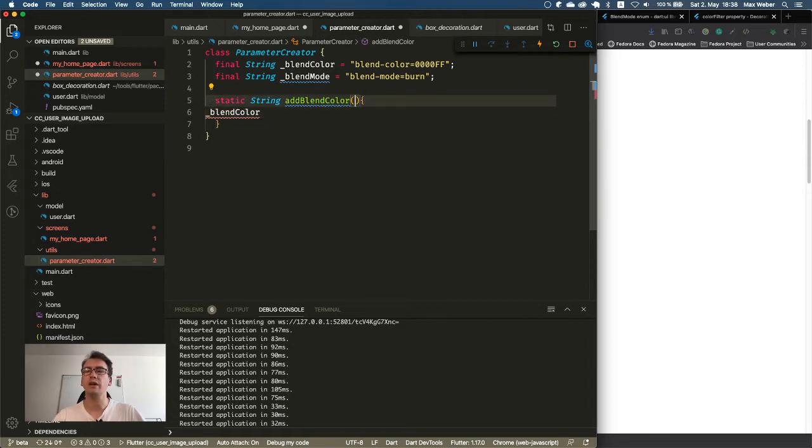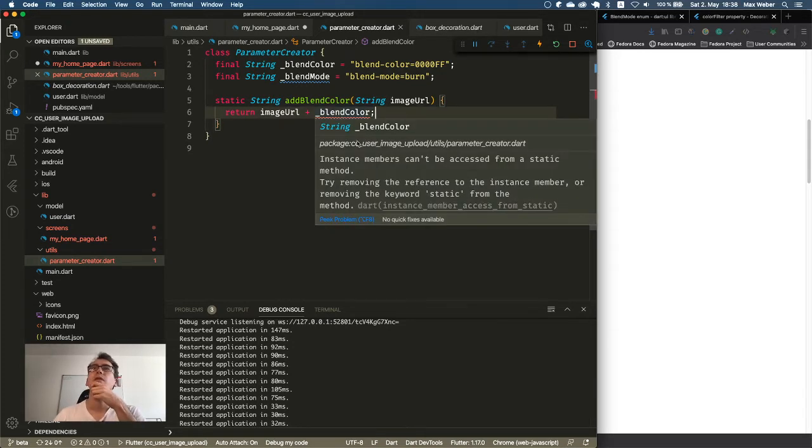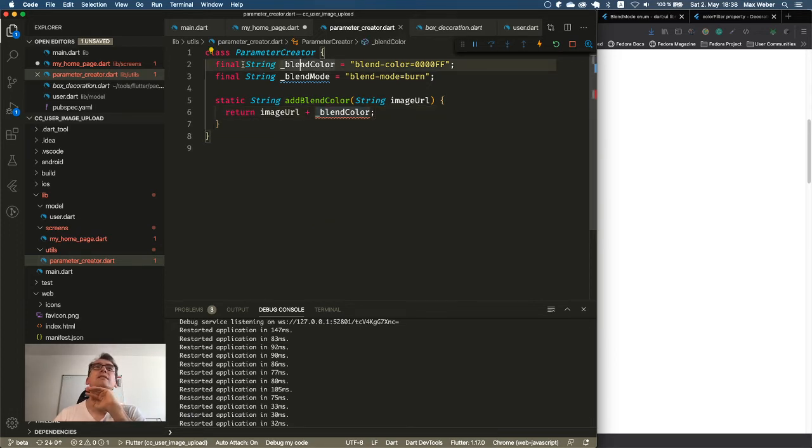It will take the URL, so avatar or image URL is maybe a better name, which is a string. And this image URL gets the blend mode added and is getting returned. Why can't blend color be accessed from a static method? All right, so I can't access that one because it has to be created first. Yeah, makes sense.